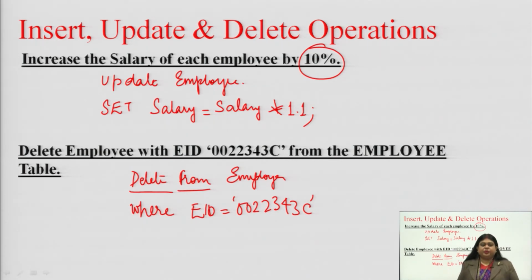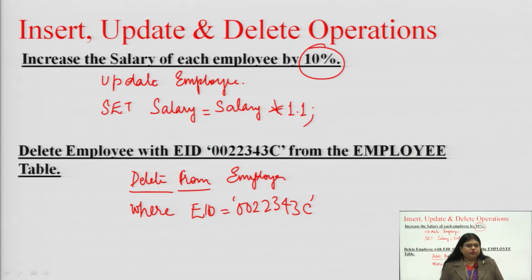These types of operations can also be used in combination, when and wherever required. When we started with insert, we saw that insert has two methods for inserting data into the tables. For updation, we update the tables with new values of the tuples, and when we want to remove something from the table, we use the delete statement, right.